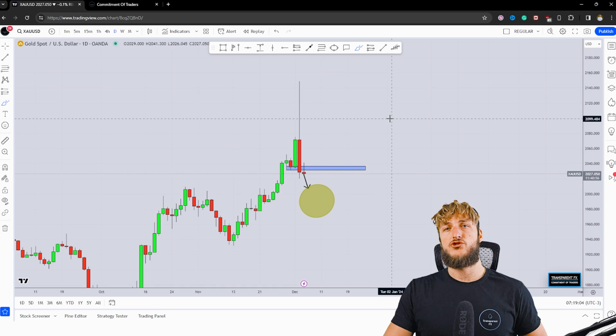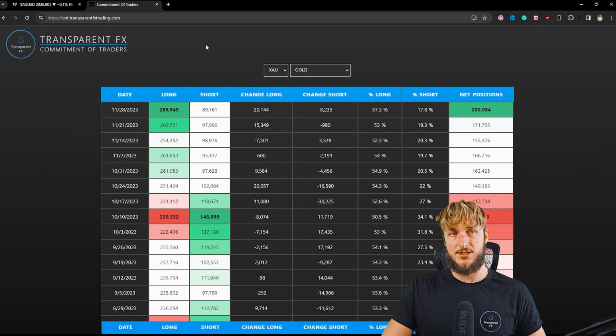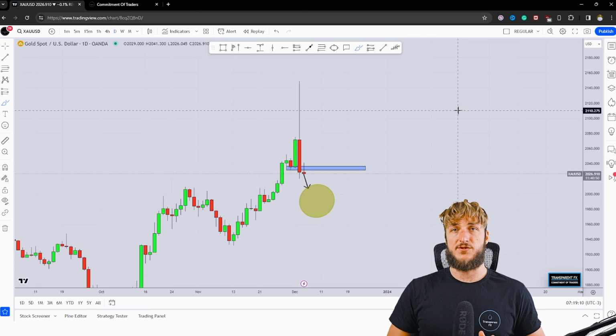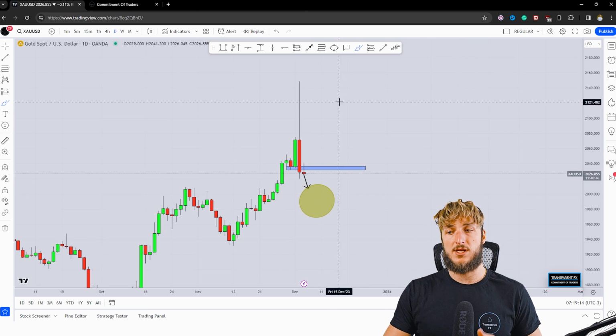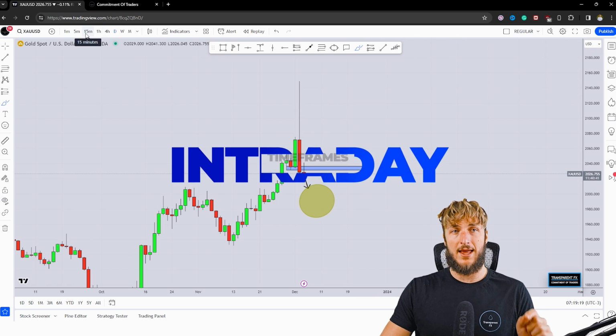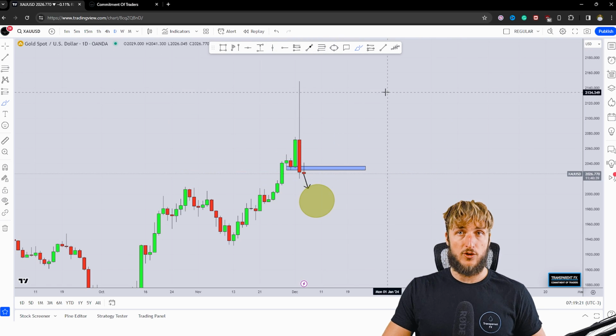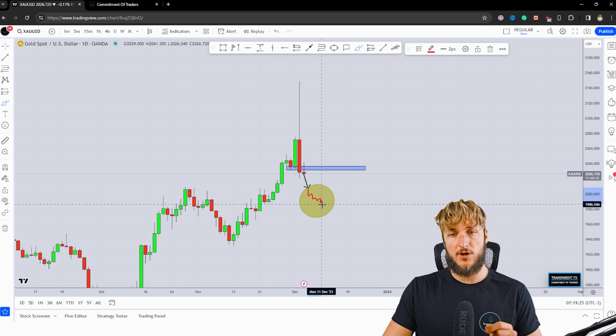Now, as usual, trading is reactive and not predictive. The monthly, weekly, and daily combined with the COT data are the best time frames from a directional perspective. However, when it comes to confirmations and entries, the best time frames are the intraday time frames, so 4 hour and lower. Therefore, what I could potentially be doing is monitoring price action from an intraday perspective during this move